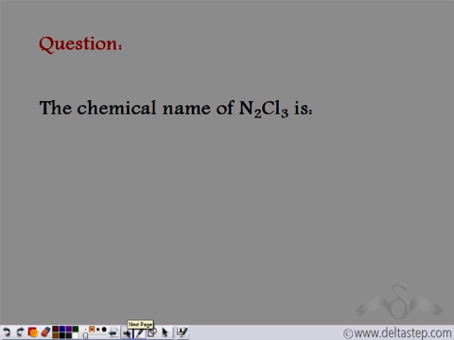So when we have this compound, N2Cl3, how do we name this? We know N is nitrogen, which remains as it is. And here we see 2 atoms of nitrogen. So we have dinitrogen. Whenever we have N in between, we write this also small, so this becomes dinitrogen. We do not write a capital letter in between. And we see 3 atoms of chlorine. So this becomes trichloride.